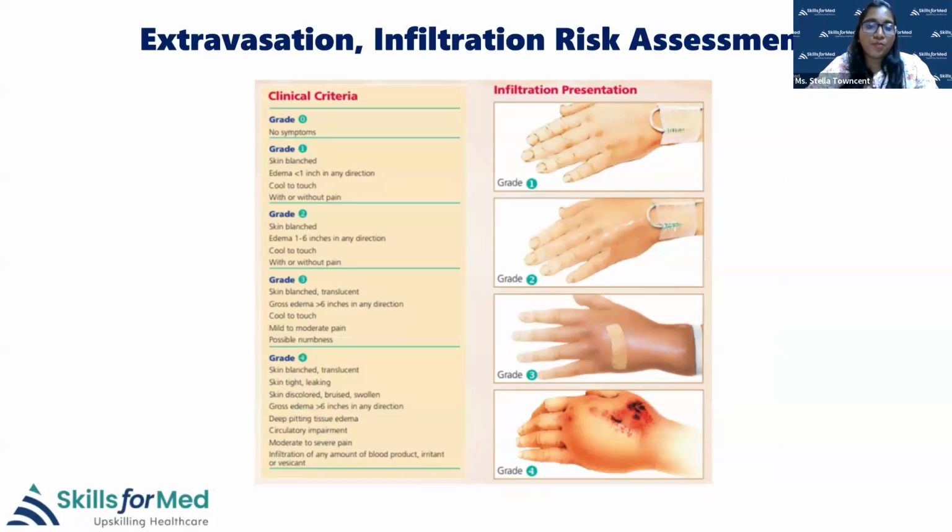And if the infiltration is present, you're going to give grade 1. For that patient, the skin will be blanched, and there will be no less than 1 inch of edema in any direction. And if you touch the particular surface, it is going to be very cold, with or without pain. And for this I would suggest for the candidates or healthcare professionals who are working close